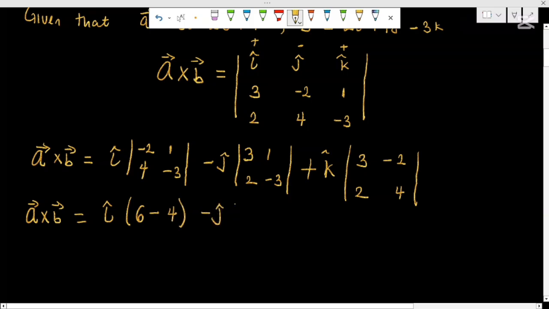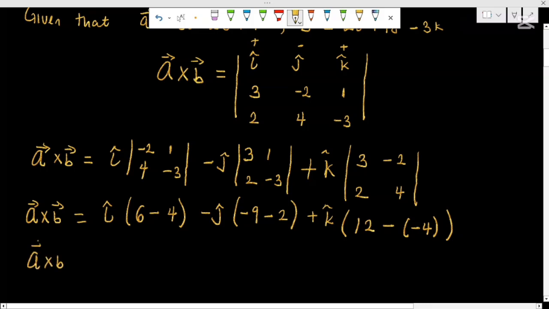minus j into 3 times minus 3, that is minus 9, minus 2 times 1, that's 2, plus k into 3 times 4, that's 12, minus 2 times minus 2, that's minus 4. So, evaluating that, A cross B will be equal to 6 minus 4, that's 2i,